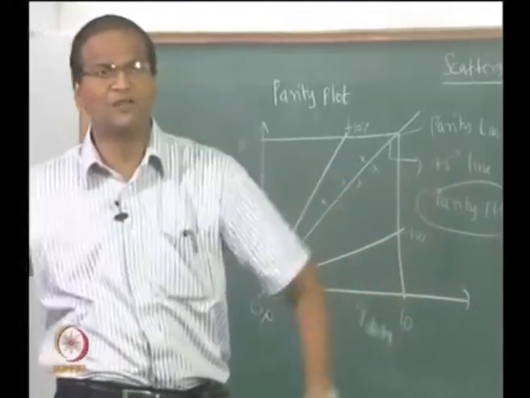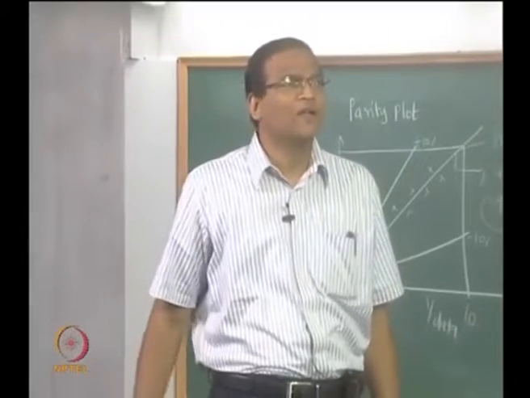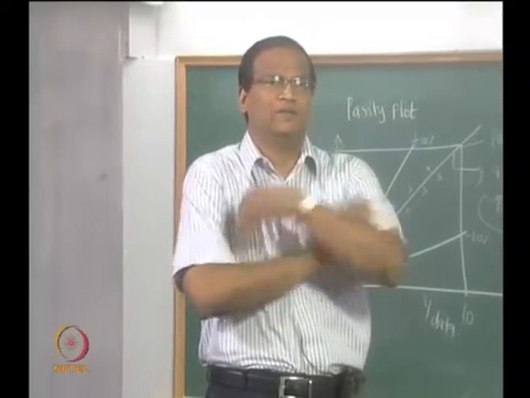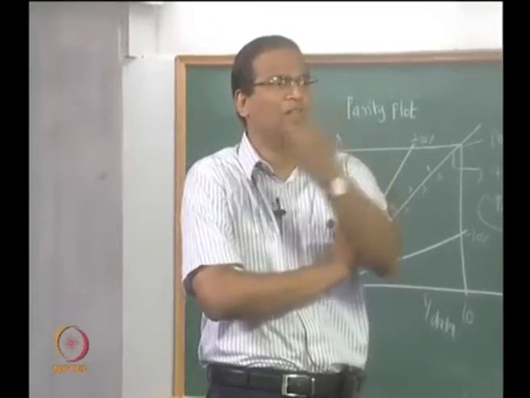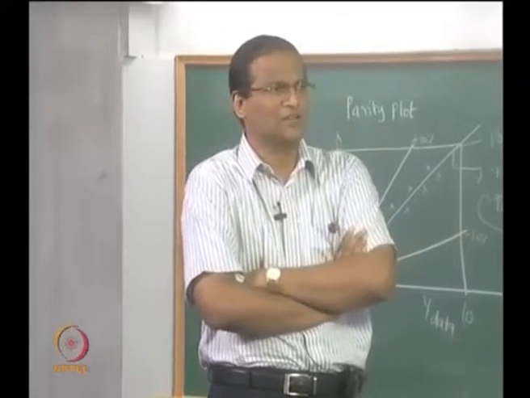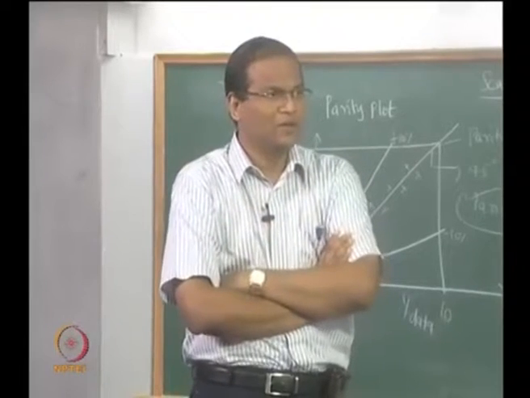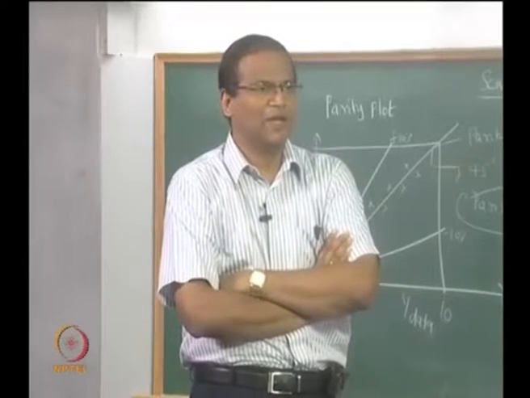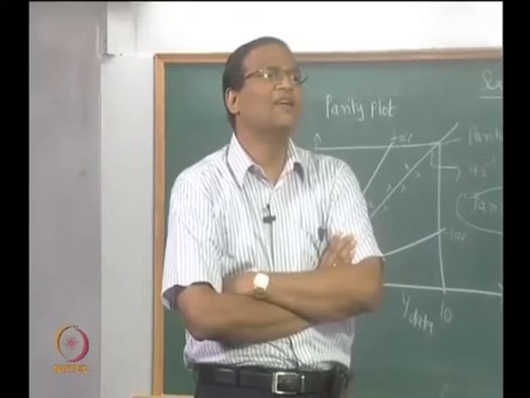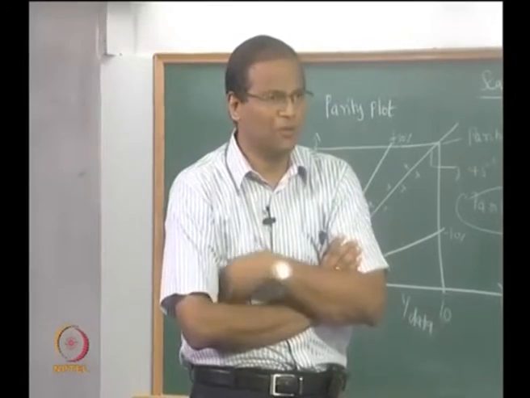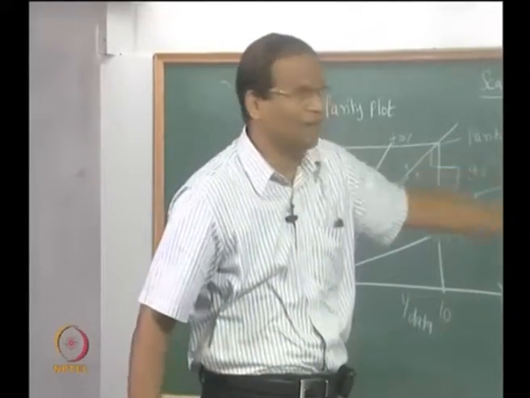For example, in this classroom, suppose I want to get the height of a particular student in this class. I want a measure of this. I measure the heights of all of you, and then I take an average. Then I say that the average height is likely to be this, but then that spread will come. That is a variance.